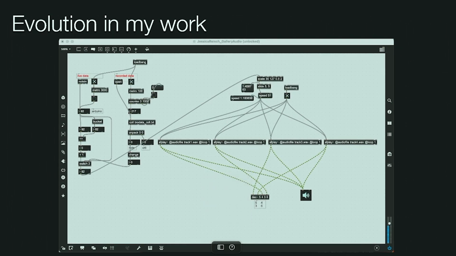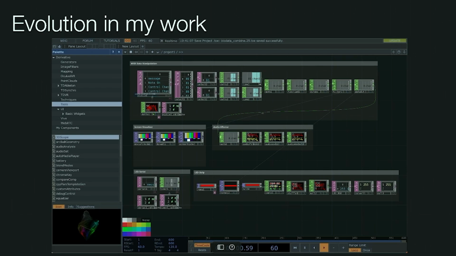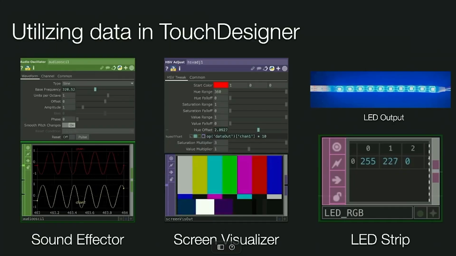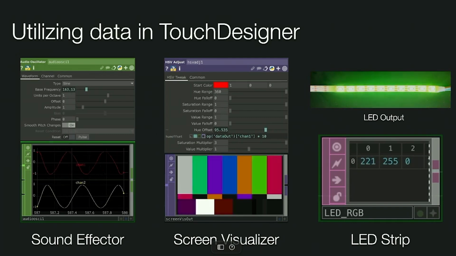There are some oscillations and variations from that live fungi data. But anyways, since I've graduated, I've been thinking a little bit more expansively about how I can use this data in Touch Designer to go a little bit further with it and in turn abstract it a little bit more. So I've been doing some very, very simple